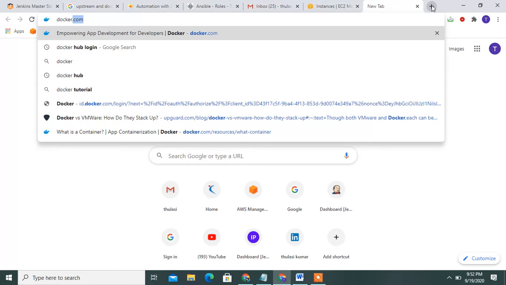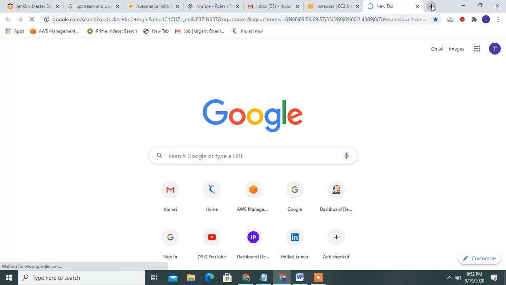Docker Hub login. My side is already done.